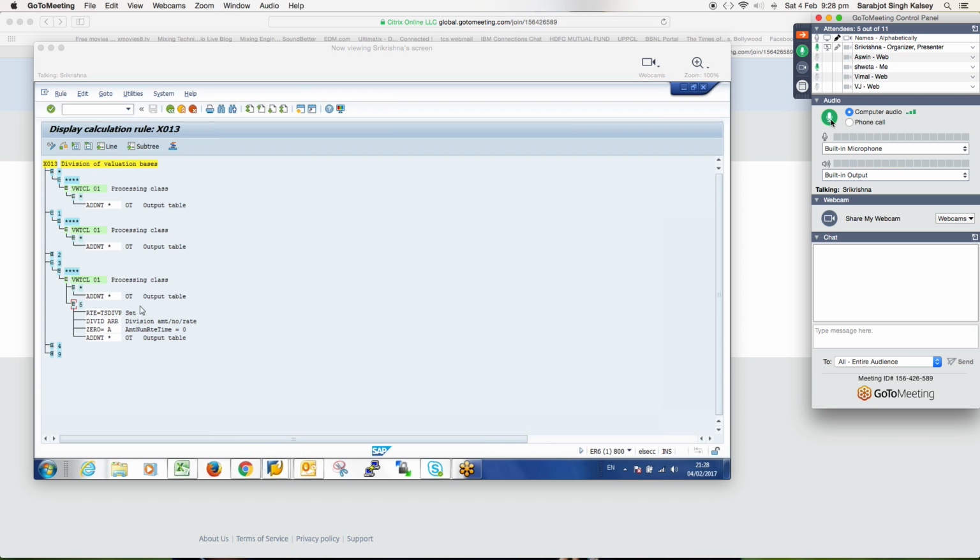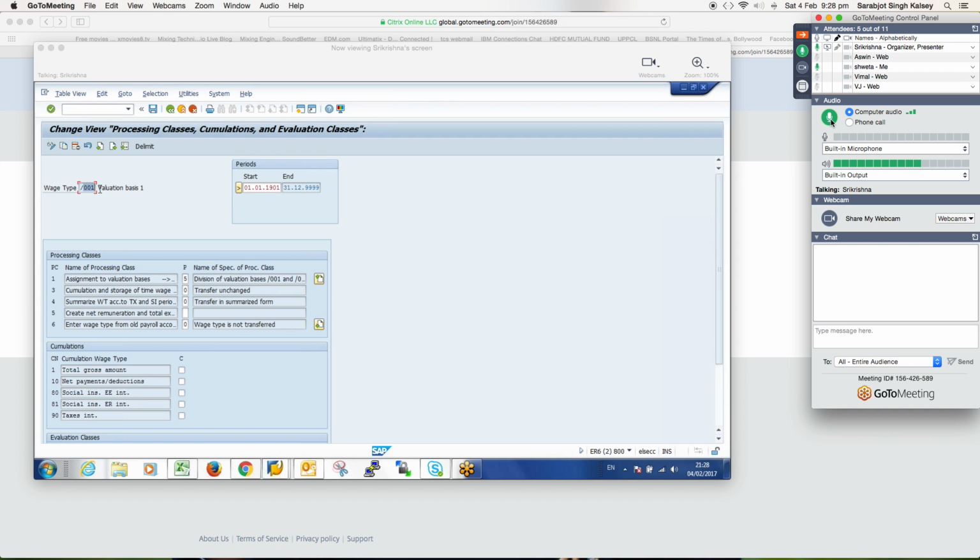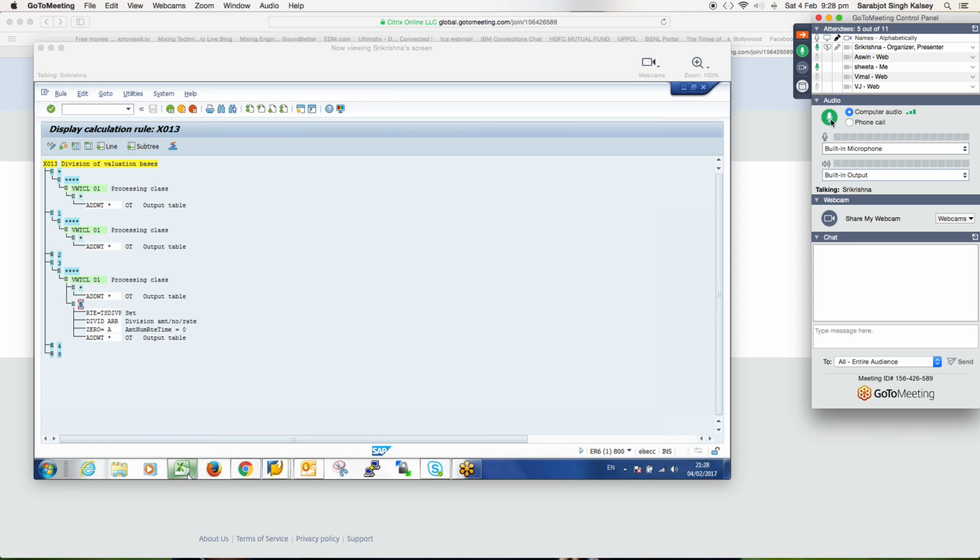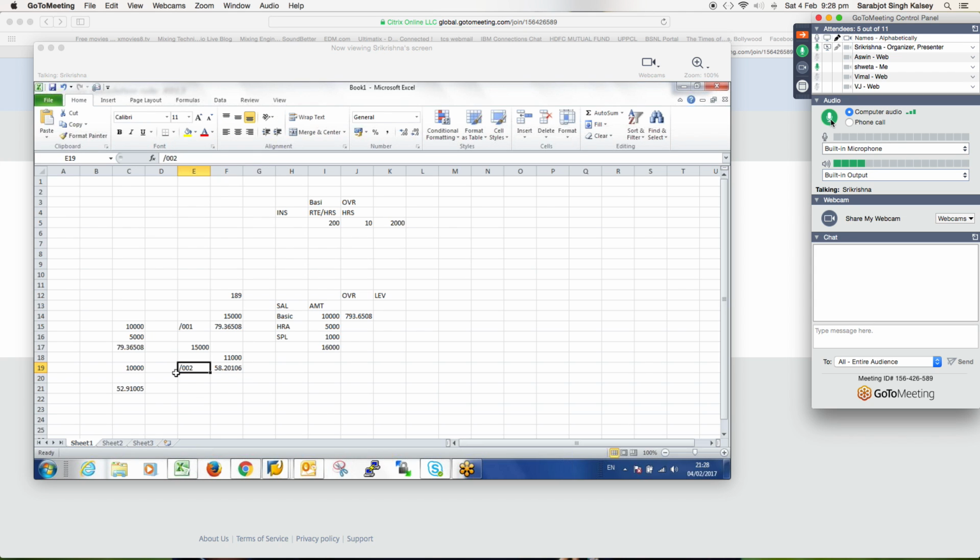See, this second PCR will check the processing class only for 5. For the remaining it won't do. And the 5 was assigned only for /001 wastage. Okay, let us say if I am coming back to